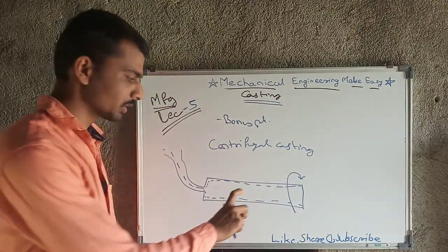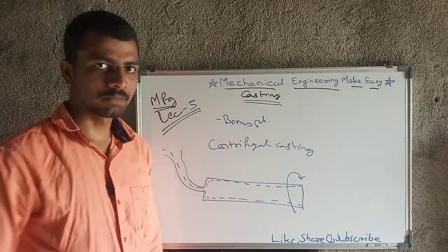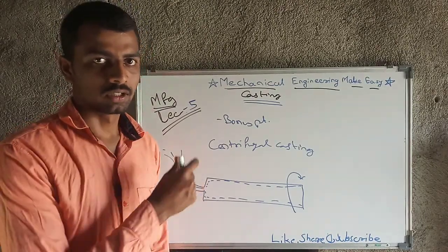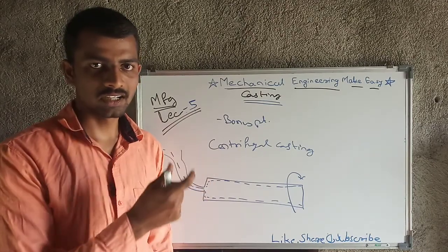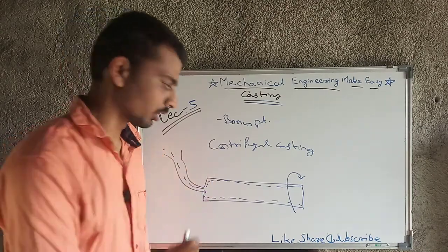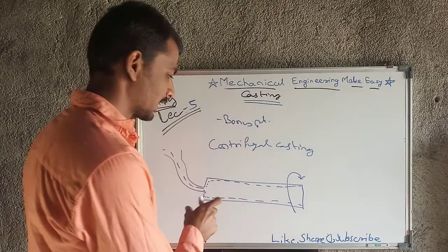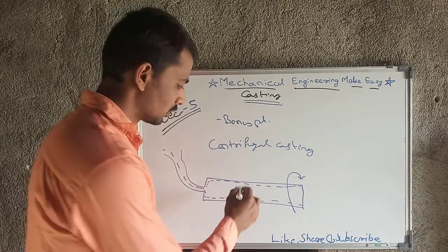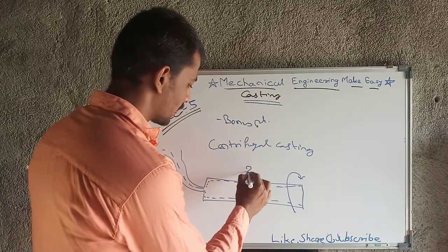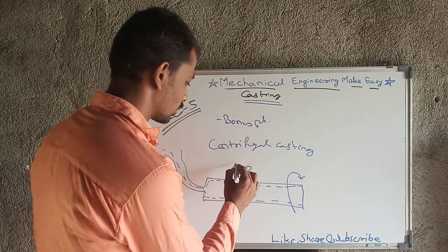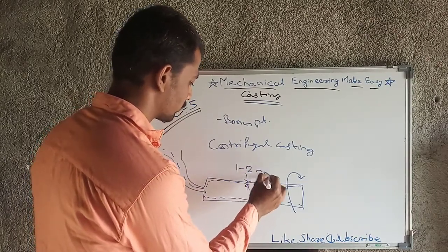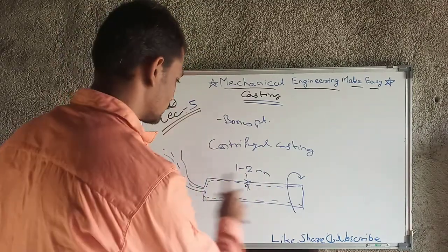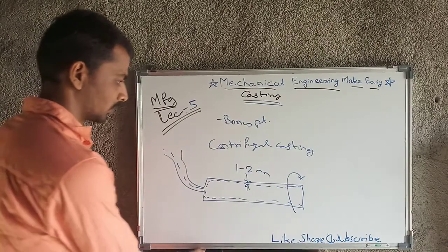And if we are going to design the same section with the help of our regular casting, then that will be difficult, because defects like misrun and cold shut may occur. That's why centrifugal casting has one advantage: it can generate very thin sections, like 1 to 2 mm thickness of our pipe, that PVC pipe and so on. So centrifugal casting is very useful.